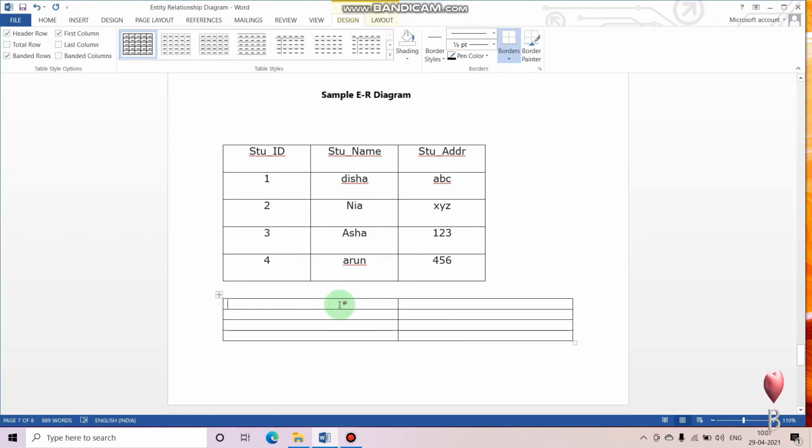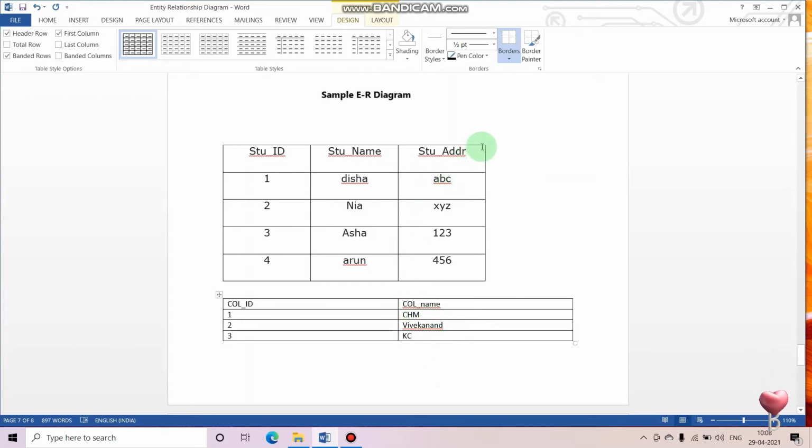This will be having college ID and college name. 1 2 3, this is the primary key of this table, and CHM, Vivekanand, KC. So these three are the colleges.